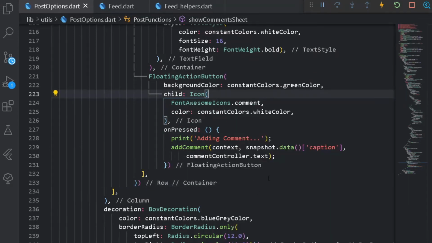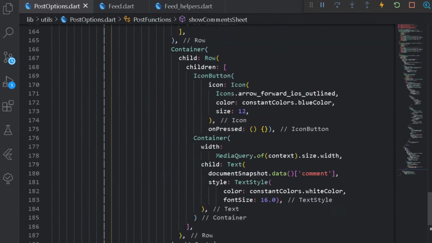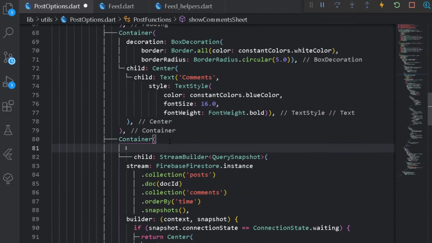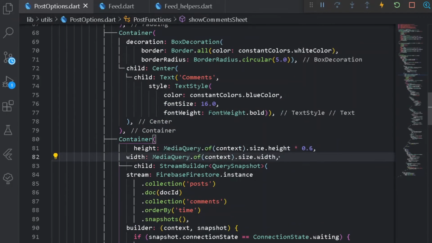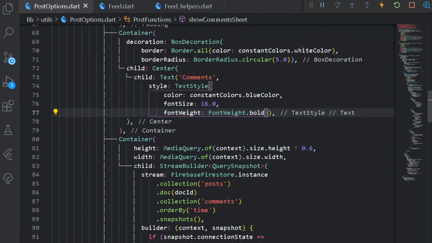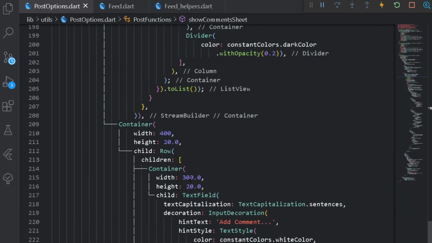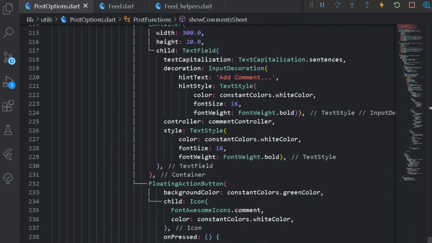So once everything is done from here, before trying it out, we can go up under our media query, that is our stream builder, and here let's add some more dimensions. So after adding the following dimensions, let's check it out. After pressing over this, alright, we are getting our add comment option here. So for now let's come down, and here let's have some more different attributes.